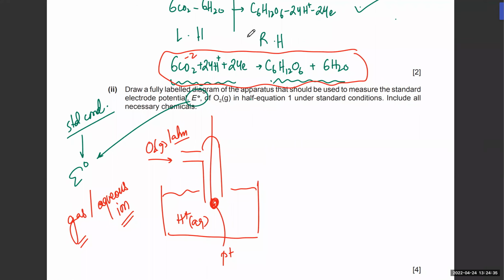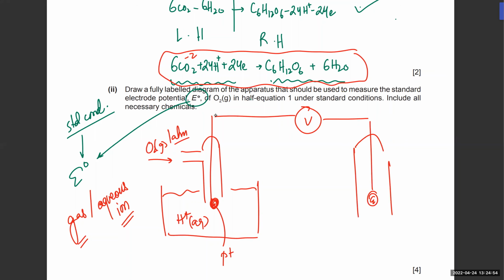Here you had to measure the standard potential. How do you measure the standard potential? You measure it with respect to the standard hydrogen electrode. So on the other side, you'll have another platinum electrode. You'll have a gas jar, and that gas jar will have hydrogen gas in it, 1 atmosphere pressure, and the solution will have